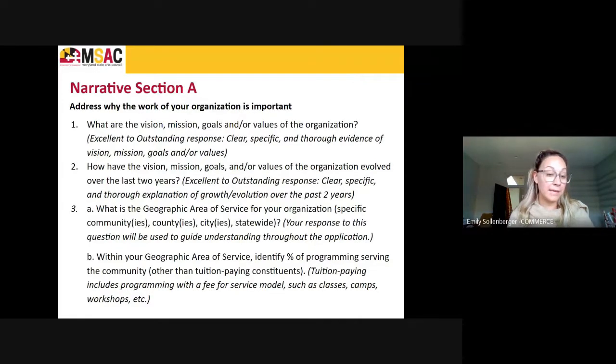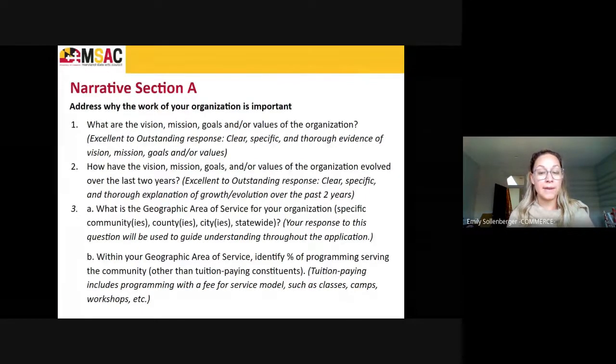And then 3B is brand new, just this year. Within your geographic area of service, we're asking you to identify the percentage of programming that's serving your community other than tuition paying constituents. We've determined that tuition paying means programming that includes a fee for service model: classes, camps, workshops. So something that somebody is paying for and receiving that service from your organization. And it's a quick drop down. It's going to give you the options of 0 to 25%, 25 to 50, 50 to 75, and 75 to 100. So this isn't necessarily a narrative piece, but it helps inform again